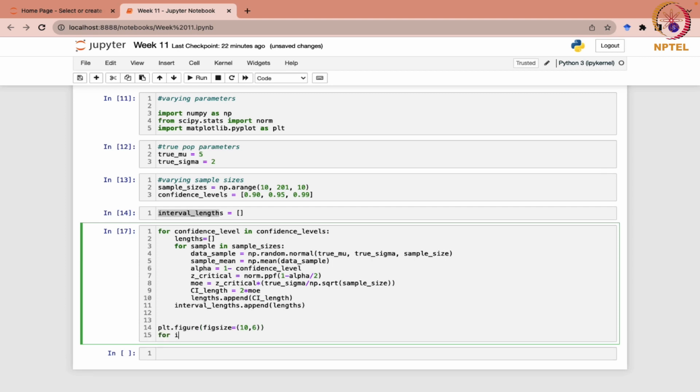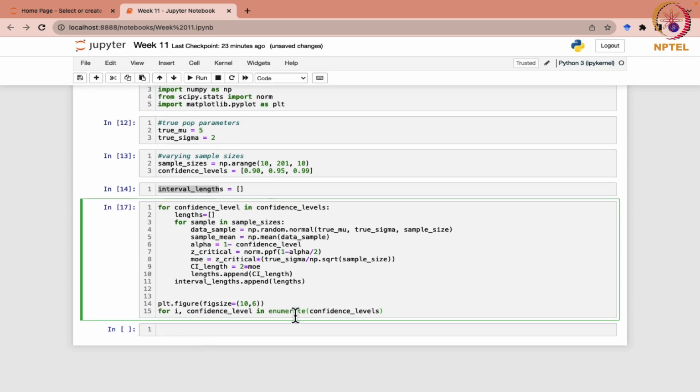Then for i, confidence level in enumerate confidence levels, that we have already taken over here, for this for loop